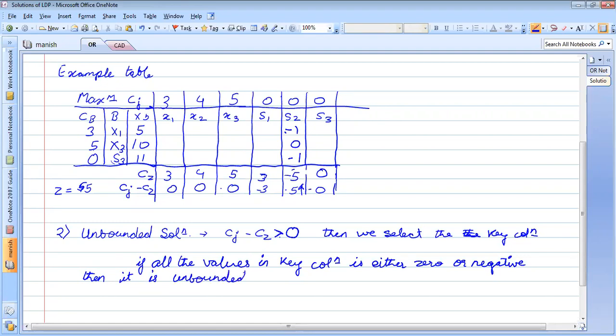It is an unbounded solution. What it means is, if all the values are negative or 0, then what will happen to our minimum ratio?